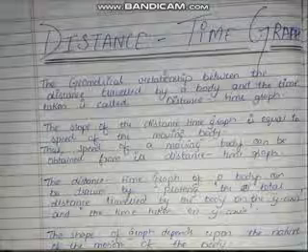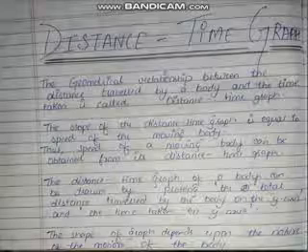Today we will discuss physics, some time graphs of class 9th. First is the distance time graph. Now, the geometrical relationship between the distance traveled by a body and the time taken is called the distance time graph. It means a body travels some distance in some time. That distance and time are basically calculated in the distance time graph.